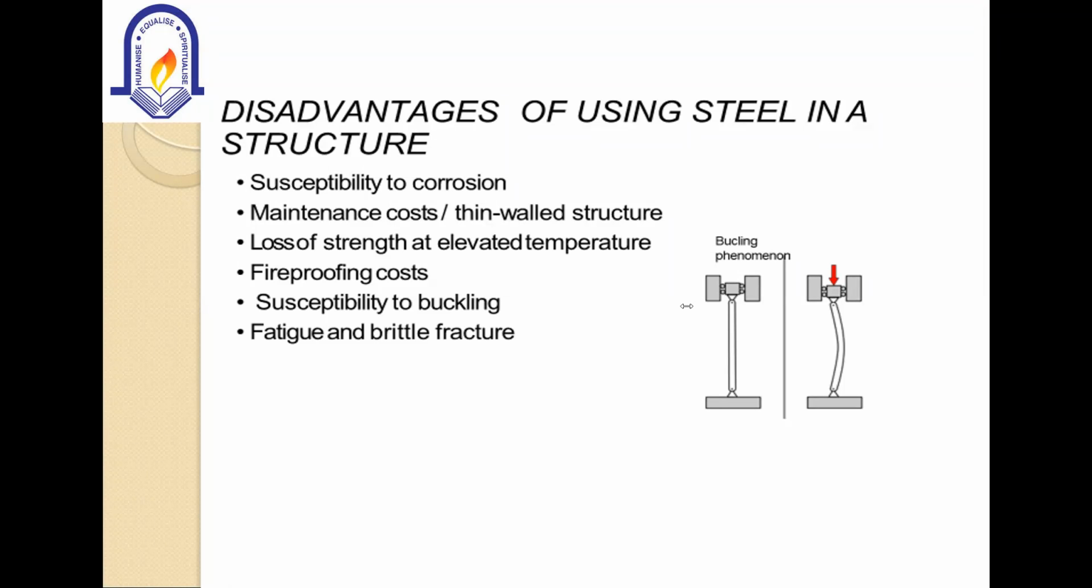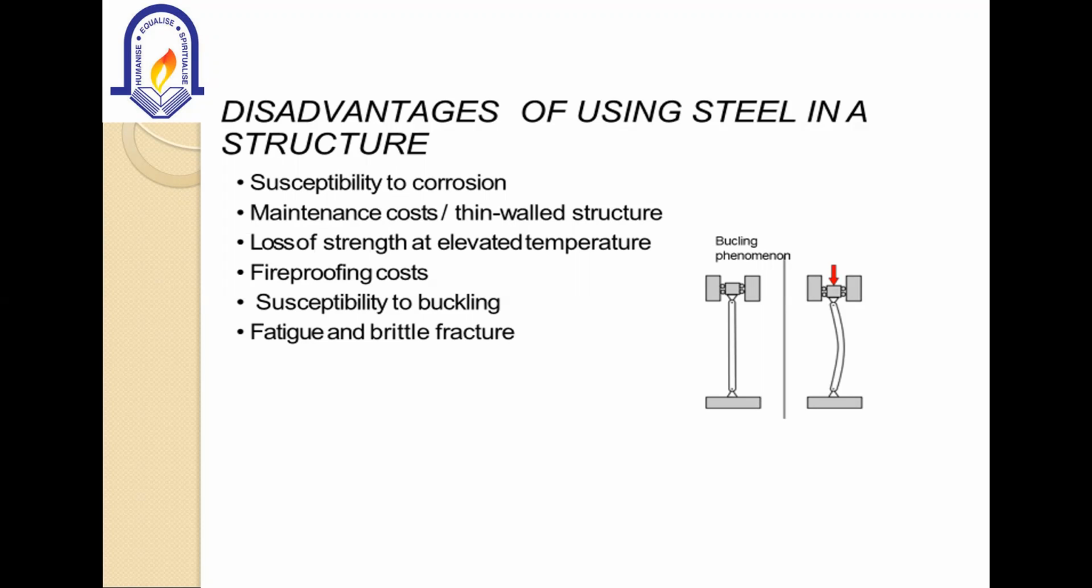Corrosion problem is also there when we are going to use the steel structure. So it may get corroded also. So you have to do the proper maintenance if the structure is made up of steel. Otherwise, it will be corroded and the life will be less. So maintenance cost will also be high if the structure is made up of steel, and the loss of strength